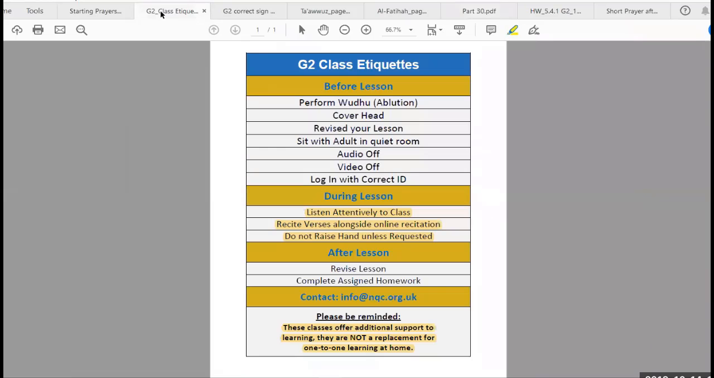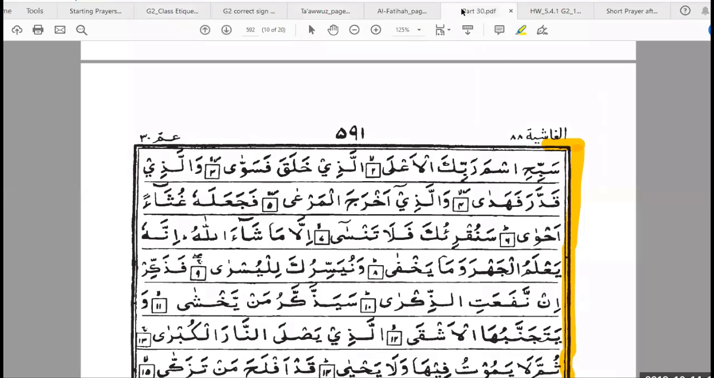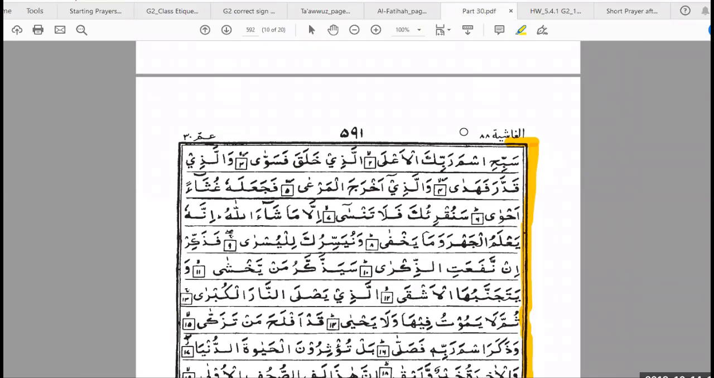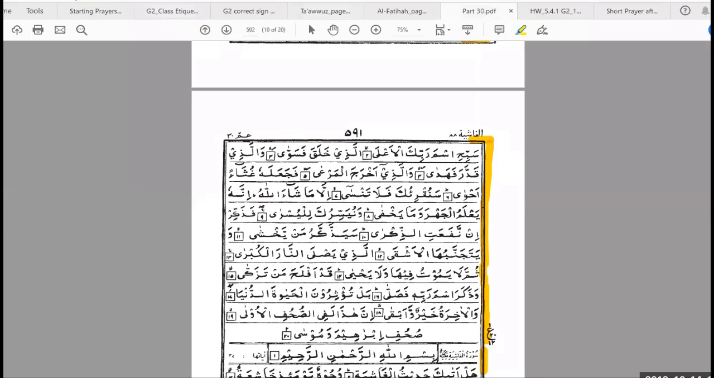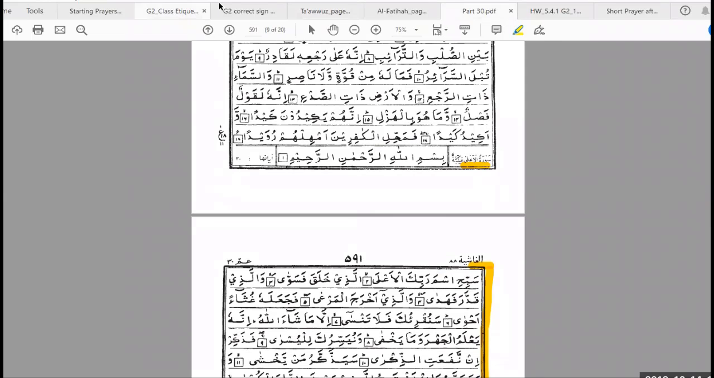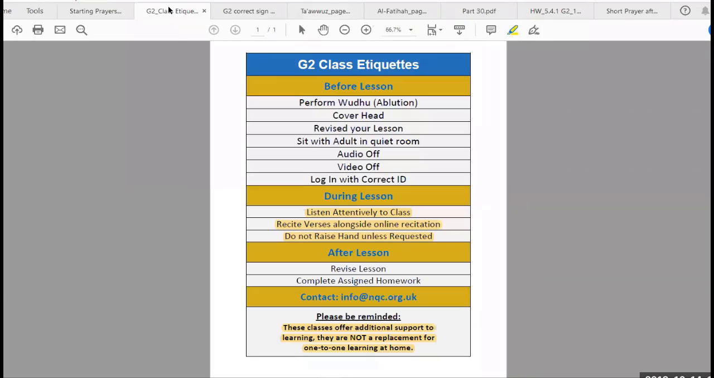Pardon, can you please repeat that? Okay. Yeah, just start when you're ready. Yeah, can you hear me? Yeah, I can. Okay, so you just start when you're ready. Bismillahirrahmanirrahim. Sabbihisma rabbikal a'la allazi khalaqa fasawwa